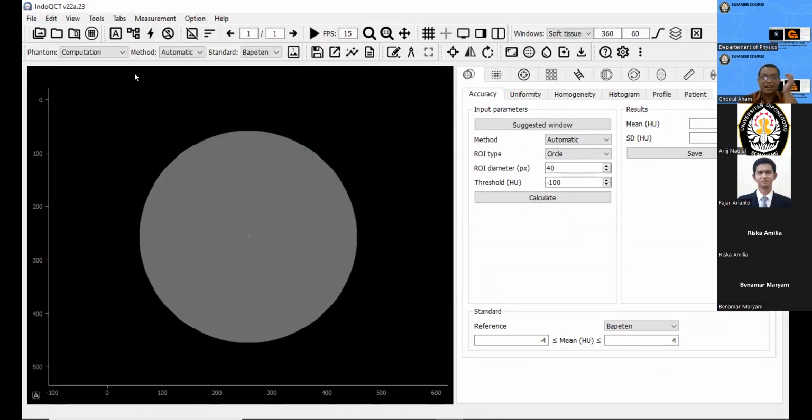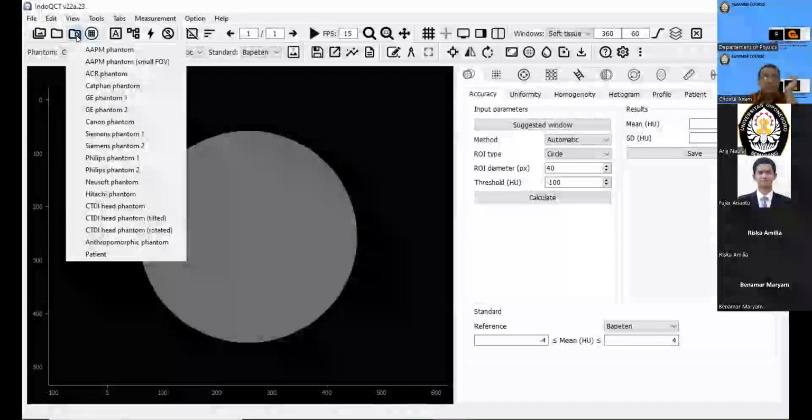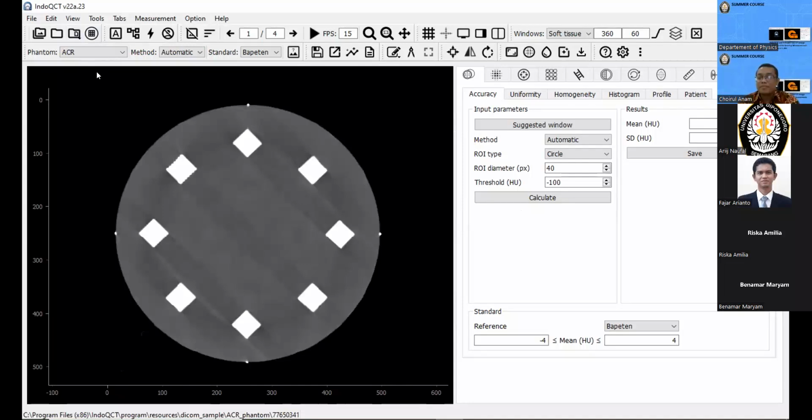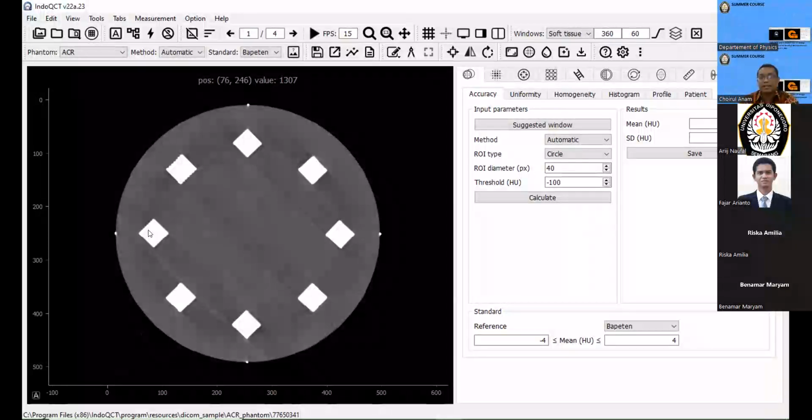Now we will open the image of the RCR phantom. This is the image for observation of the spatial resolution, represented using a soft tissue window. If we want to see the object more clearly, we should change the window setting.